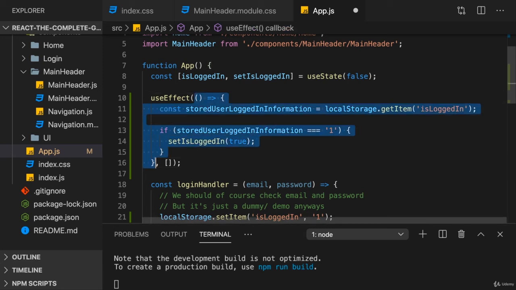So therefore, this anonymous function here would indeed only run once when the app starts, because thereafter, the dependencies never change because this here specifically has no dependencies. And in this scenario, that's exactly what we want. We want to run this code once, and that's when our app starts up. So therefore, here we should have exactly the behavior we want.